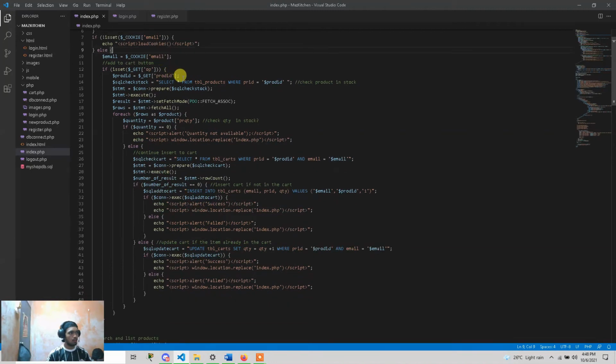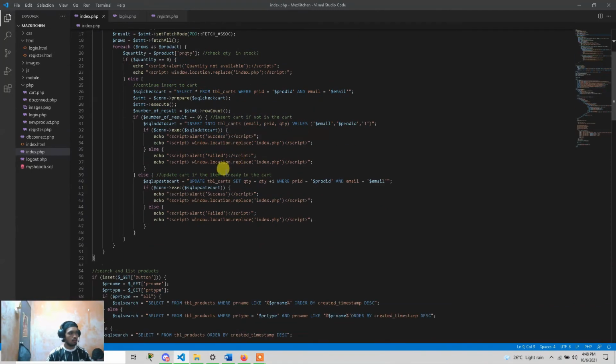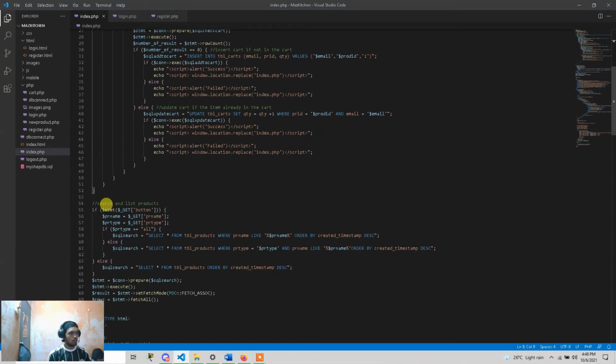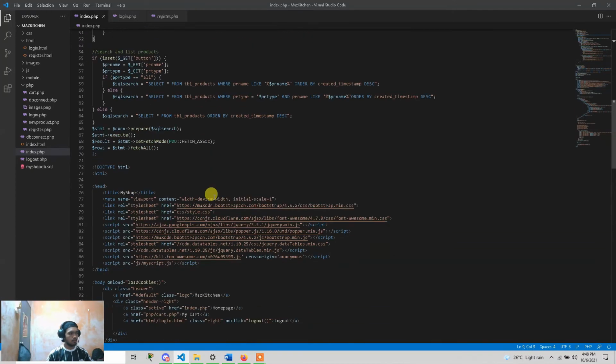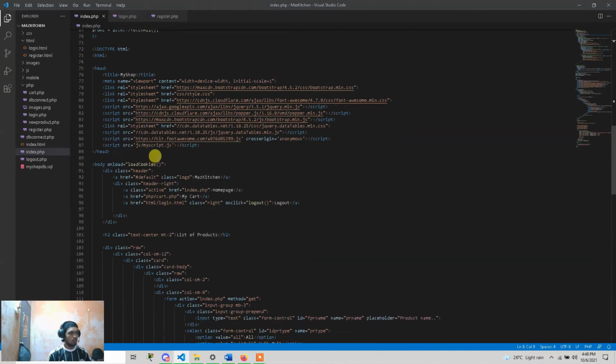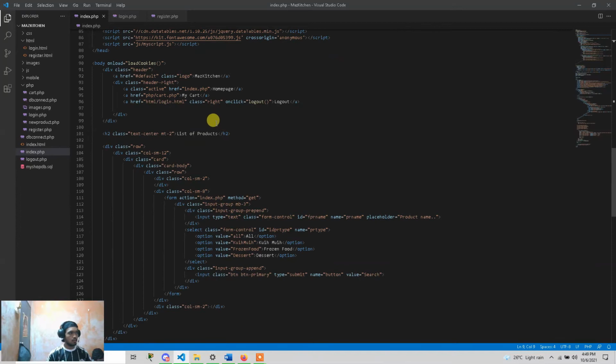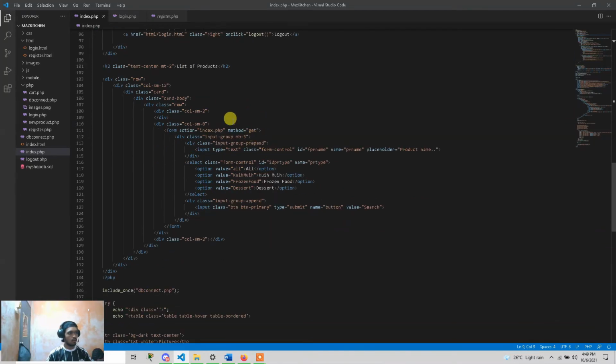It has the data from the database and the insert card. This is about the search and list of products. The HTML is titled my shop. It loads cookies, kitchen, homepage, my card, and logout. It has the list of products, where for the search there is an all button to press.